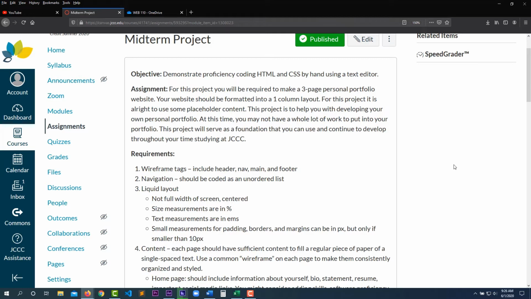So some of this might end up being a placeholder. You should be able to go online and look at a description of the different classes that you plan to be taking. I've also had some students though who wanted to make their website a little bit more based off